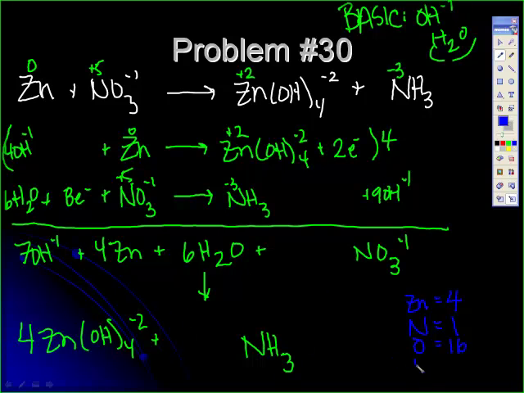And let's do H's last. I have 7 H's plus 12 is 19. It's kind of a weird number. So I have 16, okay, plus these 3, which is 19. So we're all good. So essentially, the only difference that we're doing here is we are adding that extra step